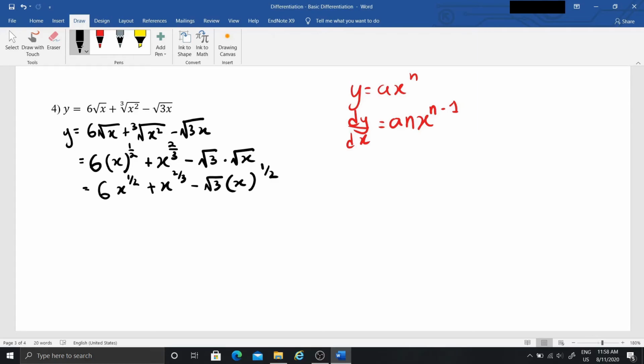Now we use the formula to solve for the differential. Again, dy/dx, we have 3 terms. We differentiate each term separately. So the value of a for this term is 6. And the value of n is half. So that will be 6 times 1 over 2 x. So half minus 1 gives you minus half,